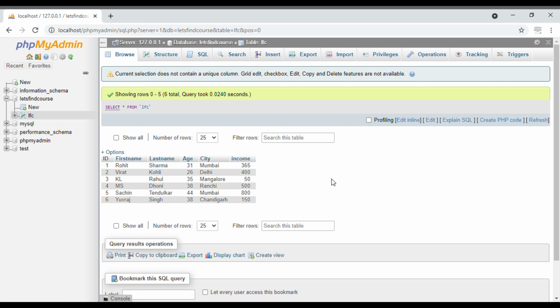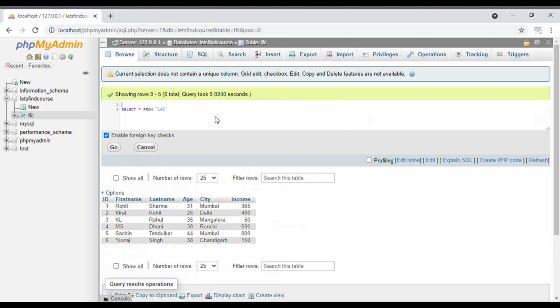There are two types of comments available in MySQL: single line comment and multi-line comment. A single line comment is of a single line, and multiple line comments are comments which span multiple lines. You can put two to three lines and all the lines will be in the commented box, so that those 3 to 4 lines will not be executed during the query run. First of all, we are going to see what is a single line comment.